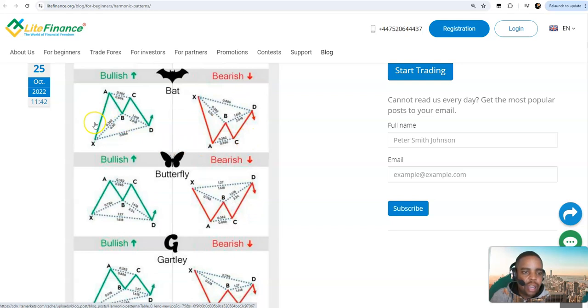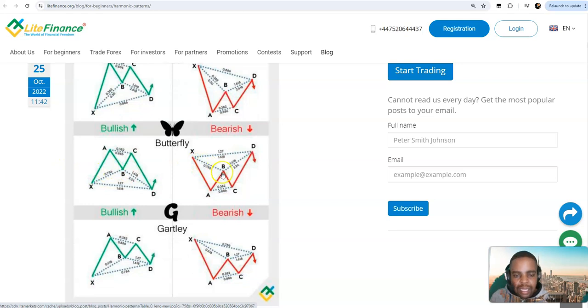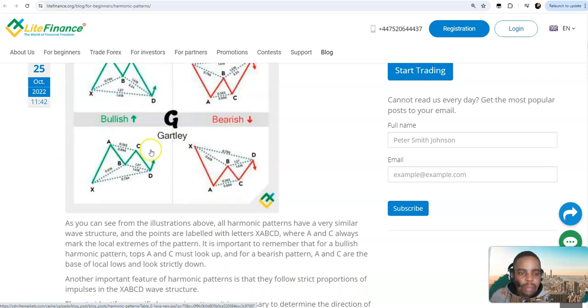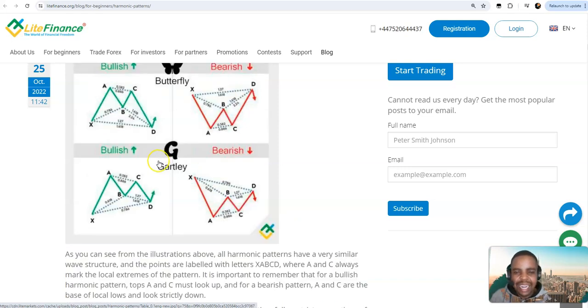Okay, so here as well you can see M shape, W shape. The D point is always the last point that proves that the market will go uptrend or downtrend. M shape, W shape. Even on the Gartley patterns, M shape, W shape, you can see that the market will go down eventually. Gartley patterns are also extremely powerful, but now you will see that there are numbers and so